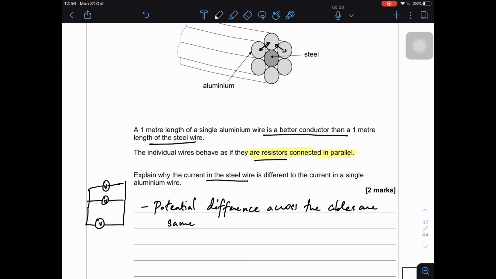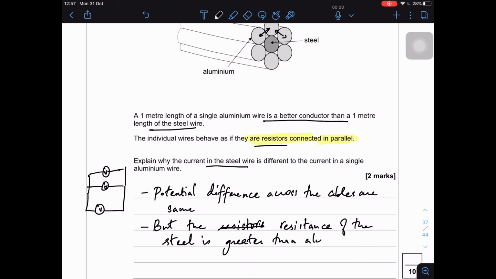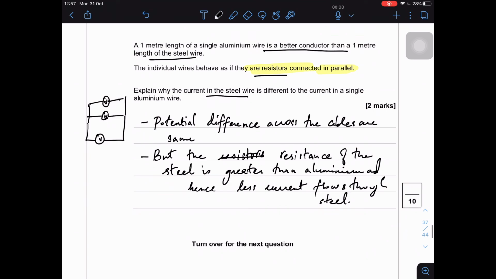Think about them as resistors connected in parallel. But the resistance of the steel is greater than aluminum, and hence less current flows through steel. Now the last